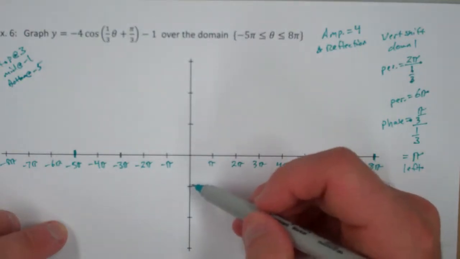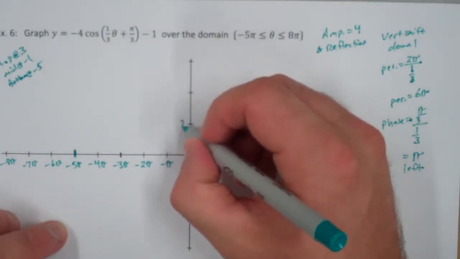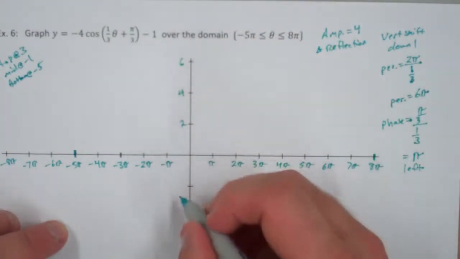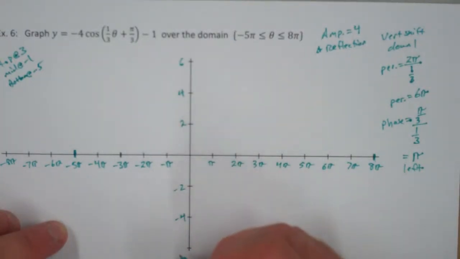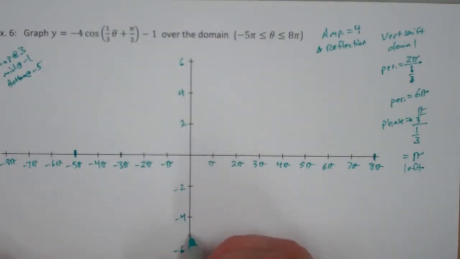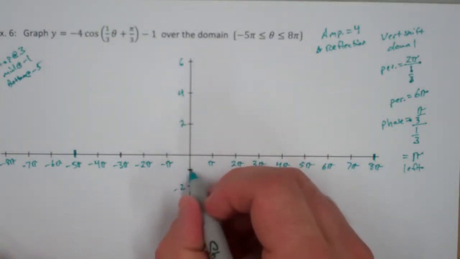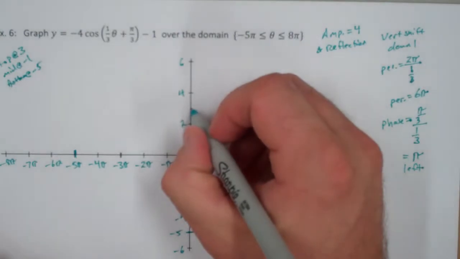So let's see. If we went by 2, 4, 6, negative 2, negative 4, negative 6, I think that would cover it. And so negative 5 will be here, and negative 1 will be here, and 3 will be there,